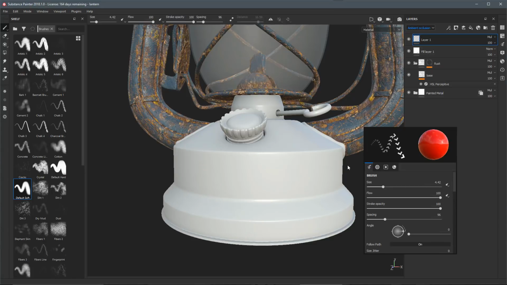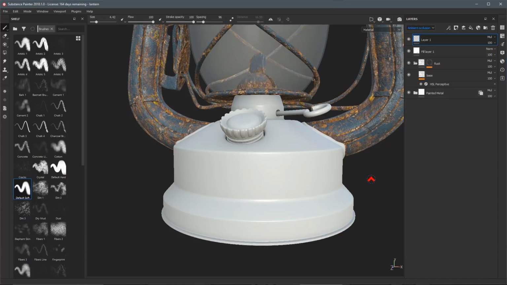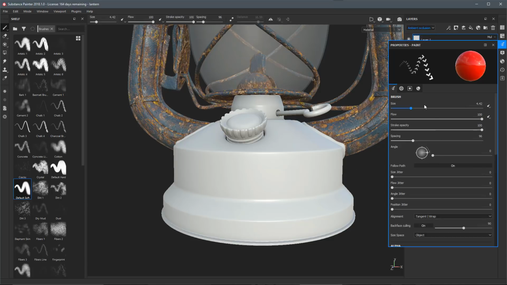So at this stage, we've gone in and we've set some settings for our brush. We have follow path enabled, and we've set a custom alpha. And let's say that this is a preset we want to be able to save. Well, we can do that from the brush properties. Now, we can't do it from the quick menu, so I'm just going to left click out in the viewport to close that. I'm going to come over here to my brush properties,